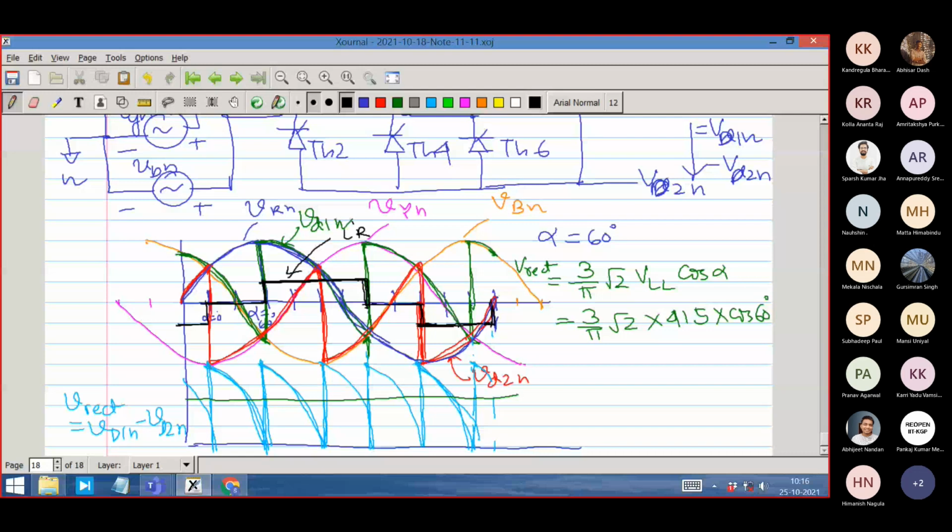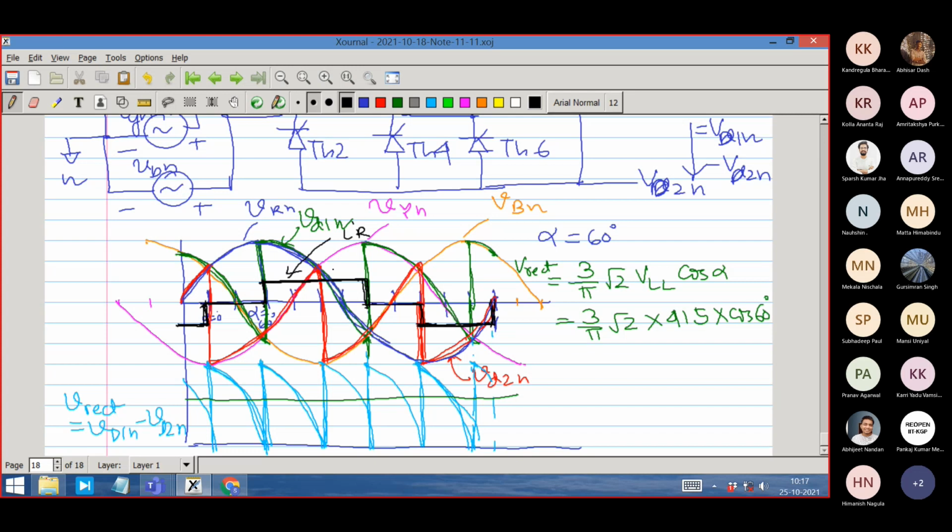Now, do you know where the fundamental of this current is located? Can you tell me where? Look at this. Where is the current zero? It is at 60 degree, which essentially means from here 90 degree, because our reference 0 degree is 30 degree shifted, right? Alpha 0 is 30 degree shifted with respect to the VRN waveform. With respect to that, a 60 degree shift is there when the current has a value.